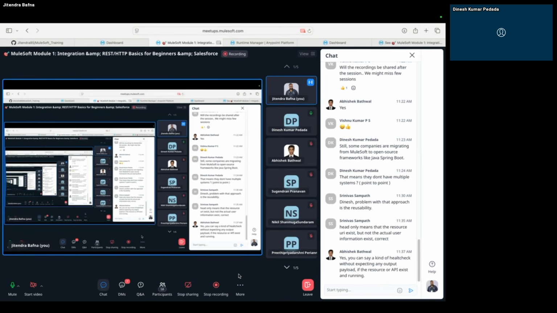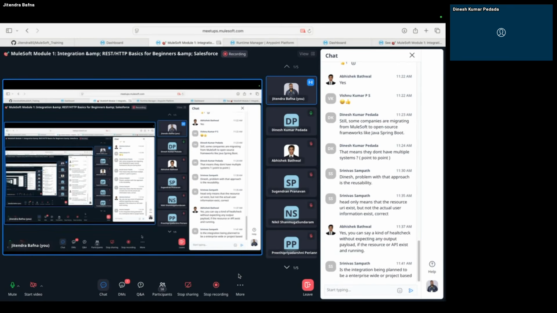But I will simply say there are a lot of integration platforms, right? You will see the changes. One person is moving from here to there, somebody moving from an XYZ tool to MuleSoft, somebody moving from MuleSoft to another. This is going to happen. It completely depends on the organization's strategy, what the organization is thinking. It's not like MuleSoft is not doing that particular feature. I think MuleSoft does everything. I've been working with MuleSoft for 8 to 9 years, and I've seen that it does everything until now, but there is an organization strategy.